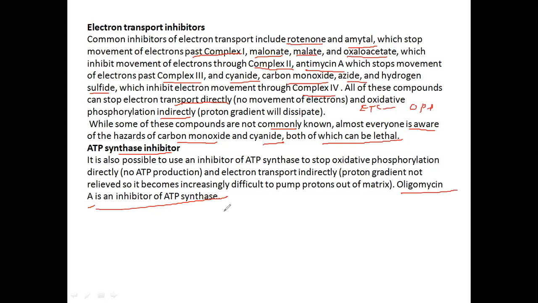We studied the electron transport chain and oxidative phosphorylation with respect to eukaryotic cells. In the next lesson, we'll learn about the bacterial electron transport chain and oxidative phosphorylation. But don't worry, the process is very much similar. There is a slight change in the electron carriers and the arrangement of the complexes, but the whole process of ATP synthesis and transportation of electrons in the membrane of bacteria is similar to the eukaryotic electron transport chain.